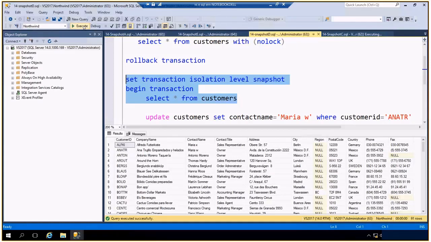Another snapshot isolation level transaction is not blocked by the update. There is no blocking on selects on a snapshot isolation level. The update creates a lock that will affect other updates or will affect selects on transactions of other isolation levels. Transactions using snapshot isolation level are not blocked on the select. They are reading a version of the record from the version store in TempDB.